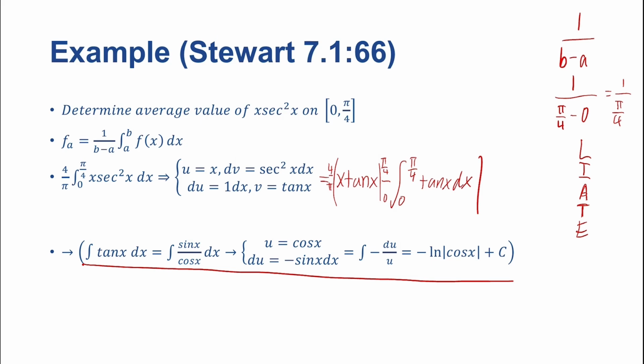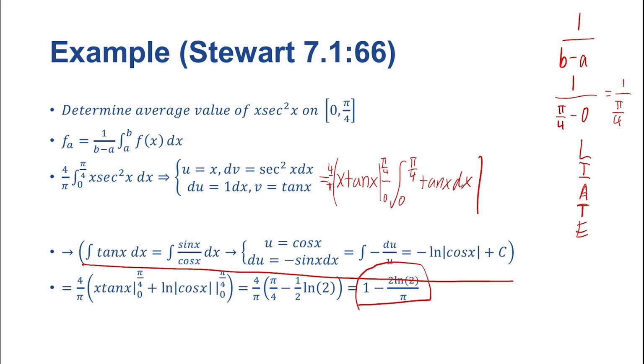Okay, so now all that's left is we are going to be evaluating with the fundamental theorem of calculus. Sorry, I kind of wrote over what I wanted to talk about, but when we evaluate this, we're going to get 4 over pi times x tangent of x, evaluated between 0 and pi over 4, plus the natural logarithm of the cosine of x, evaluated between 0 and pi over 4. And that's equal to 4 over pi times pi over 4 minus 1/2 natural log of 2. And that simplifies to 1 minus 2 times the natural log of 2 over pi. So that's the average value of the function in the domain here that we